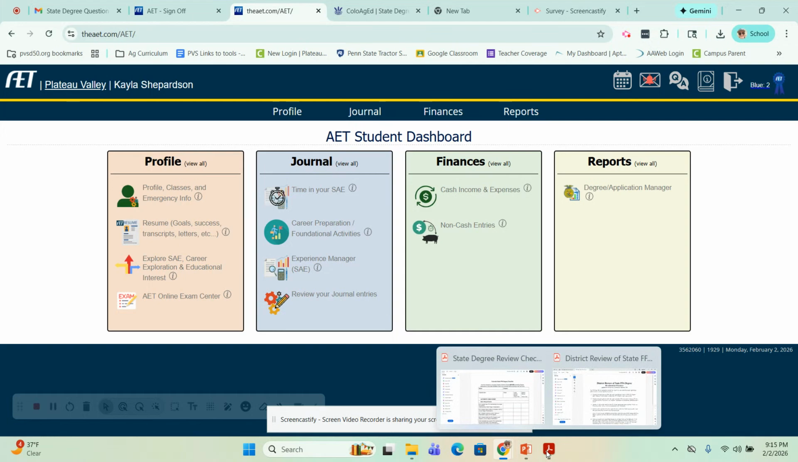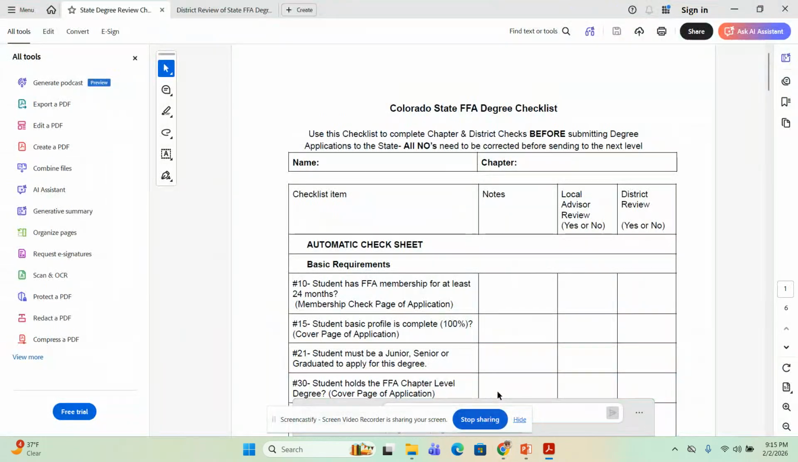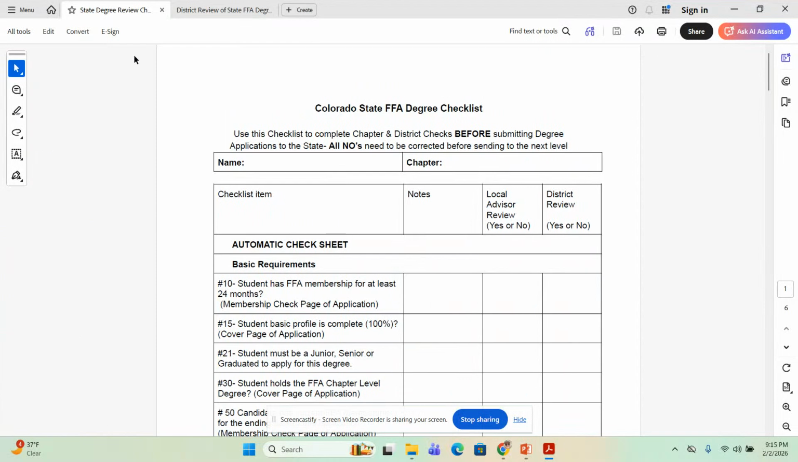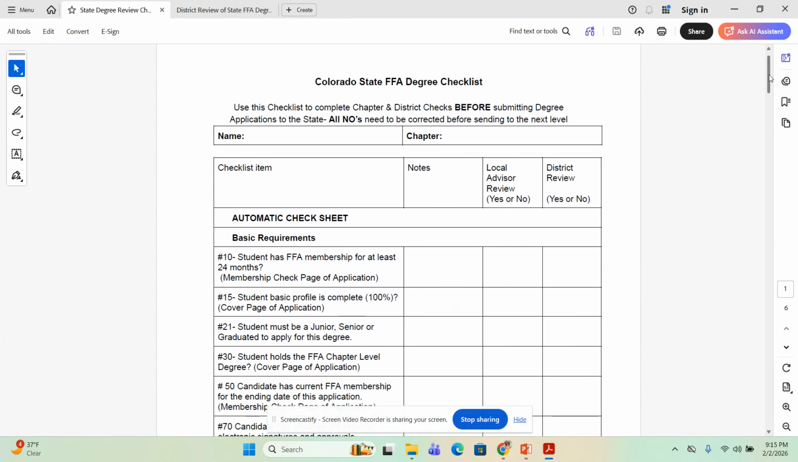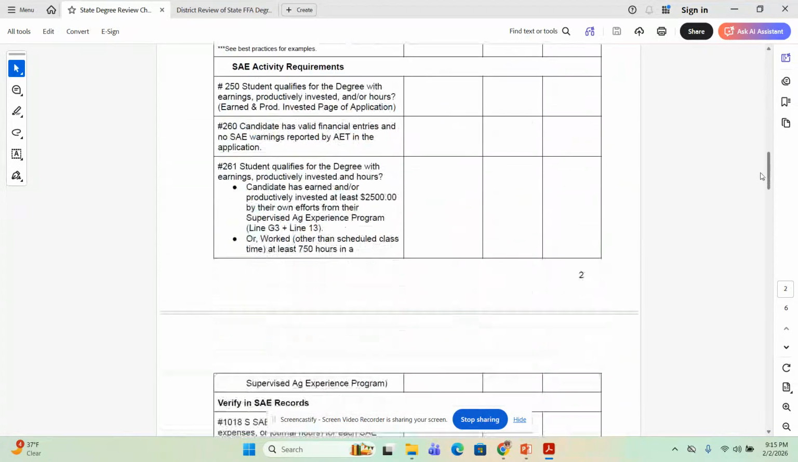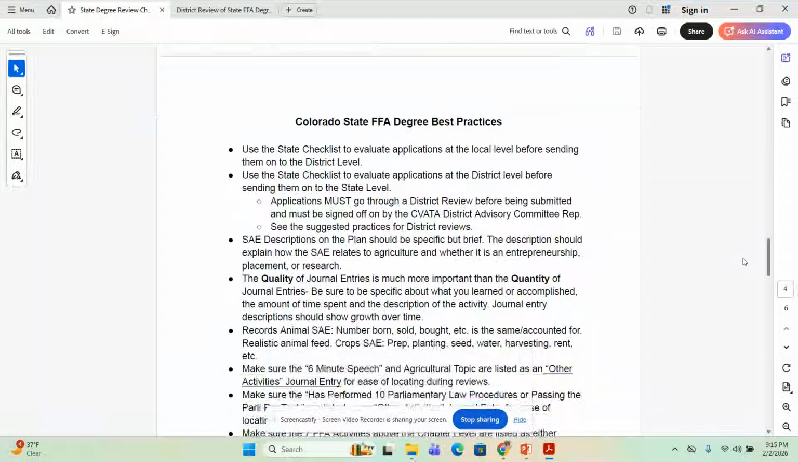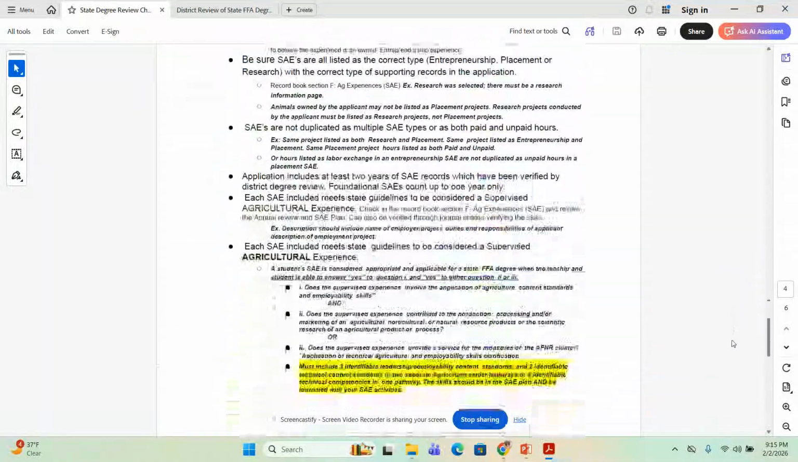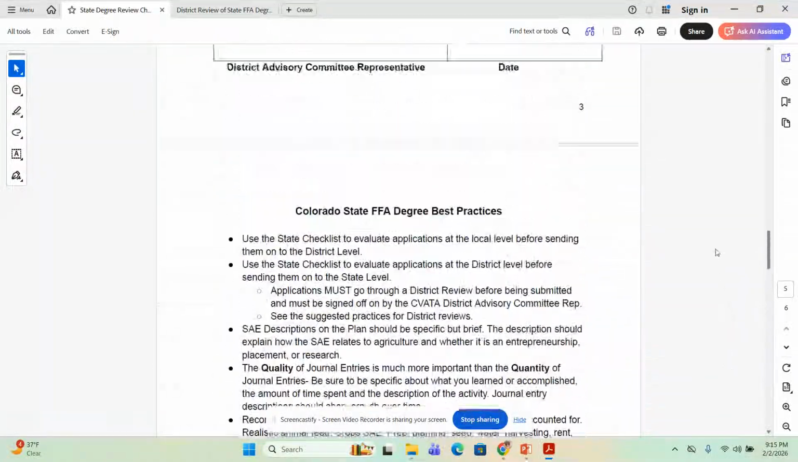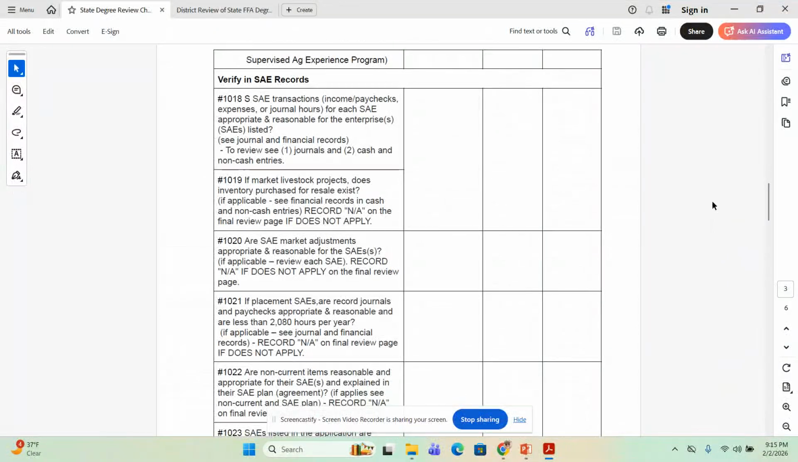You need to start a state degree review by making sure you have the most accurate degree check sheet. That can be found on the Ag Education Moodle, and you can see that it's titled the Colorado State FFA Degree Check Sheet. This corresponds with AET, but it's very important that you have the entire thing. It's a 3-page document, but note that at the end of it there are 3 additional pages that go through best practices. If you're new to the state degree process, I would actually keep those handy because they're fairly good information in terms of